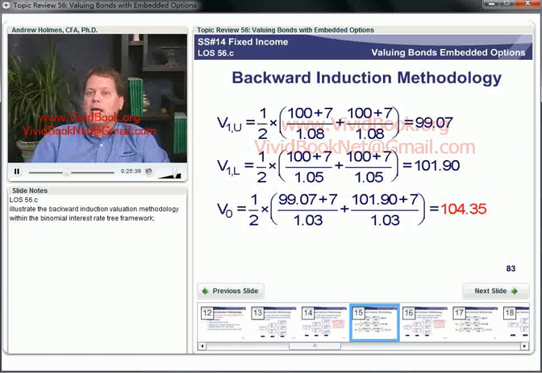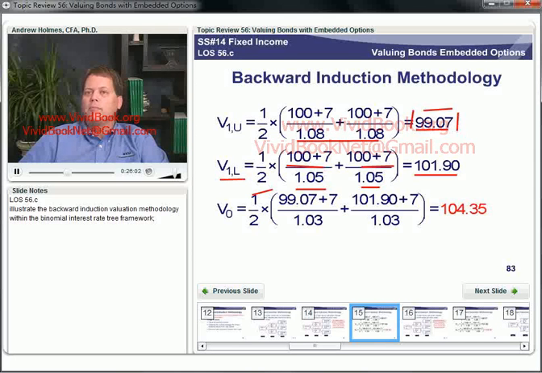We're going to discount those back at 8% and we're going to get 99.07, right? Okay, then what about the down node or the lower node at time 1? Well, we've got a 50% chance of getting 107, a 50% chance of getting 107. They're equally probable, but here we're discounting at 5%, so we get 101.90 as the value in the down node